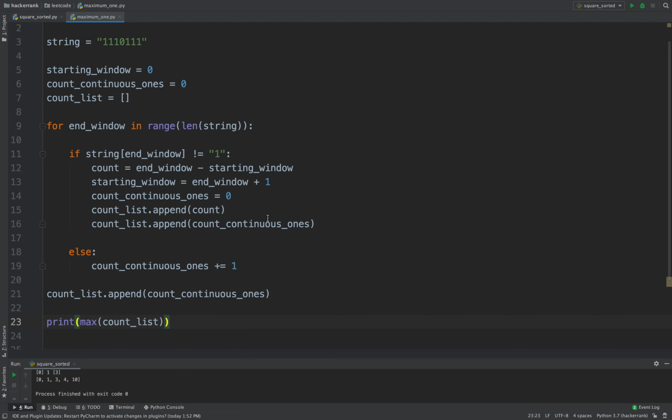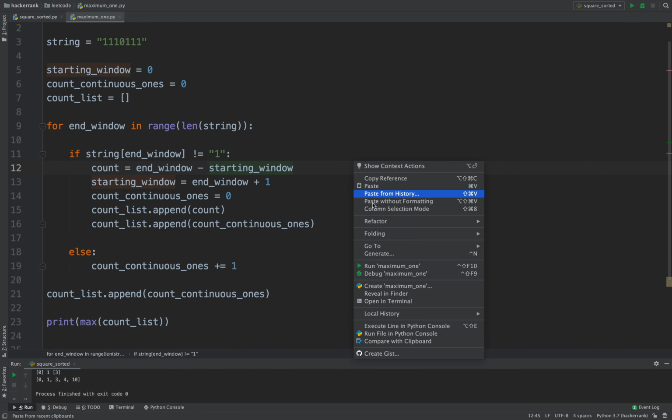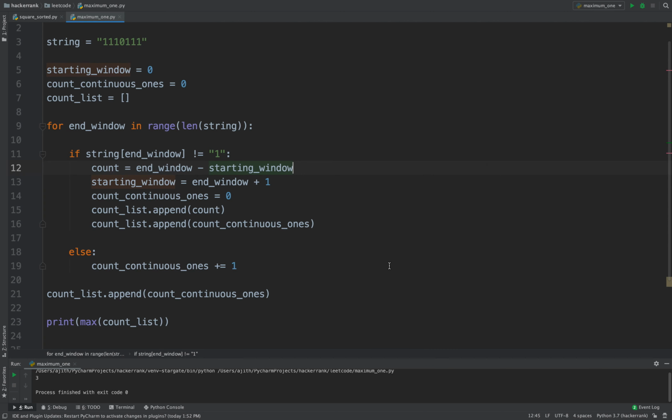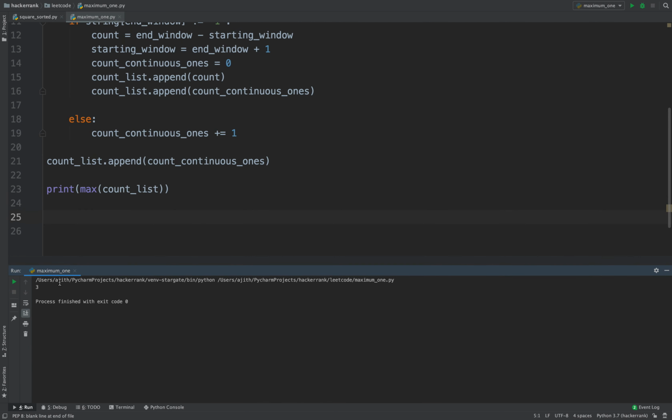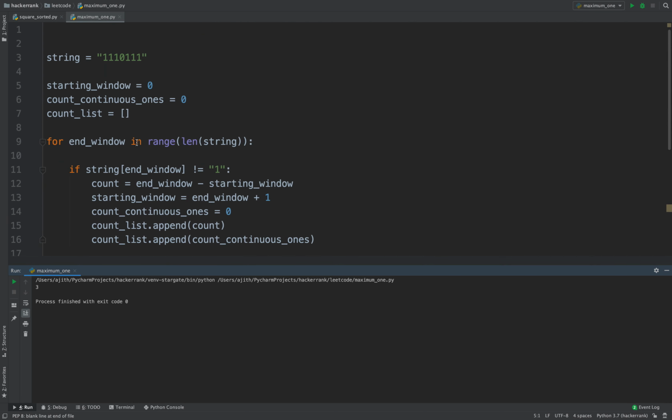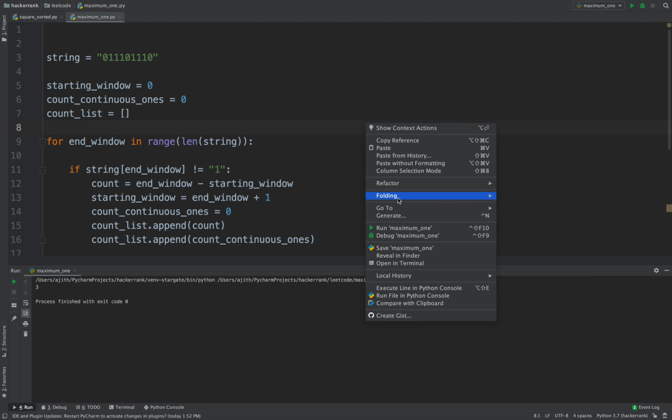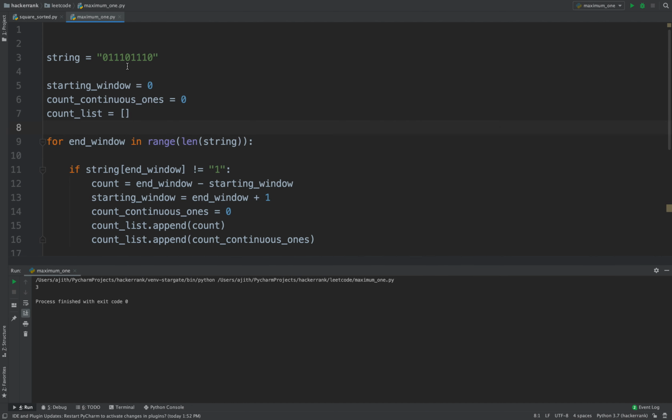Okay, so as you can see, the output is 3 because the maximum count is 3. So what if the edge condition, what if it is 0 here? It still gives 3.